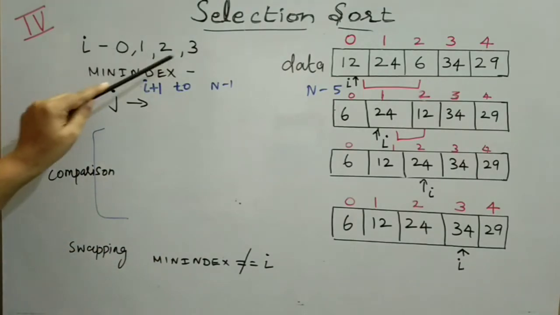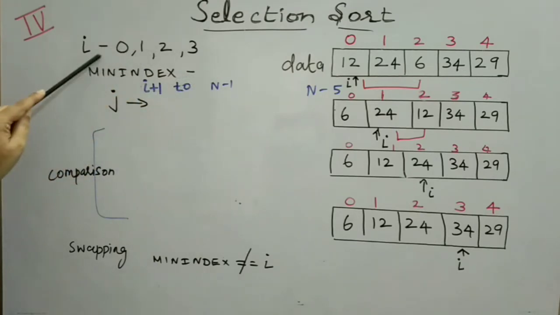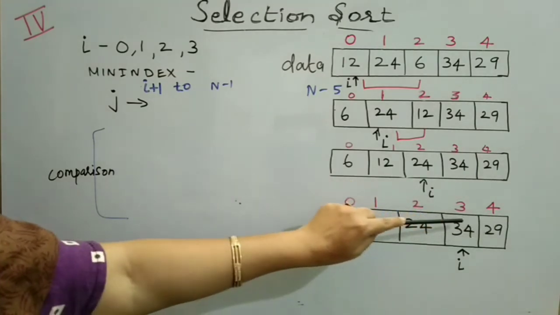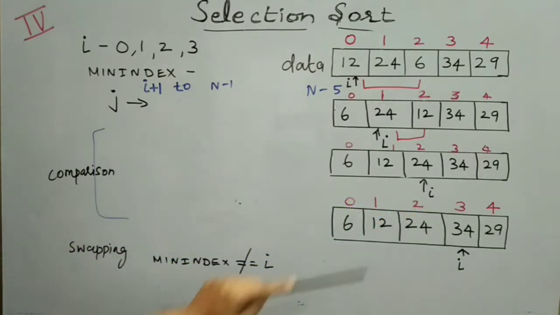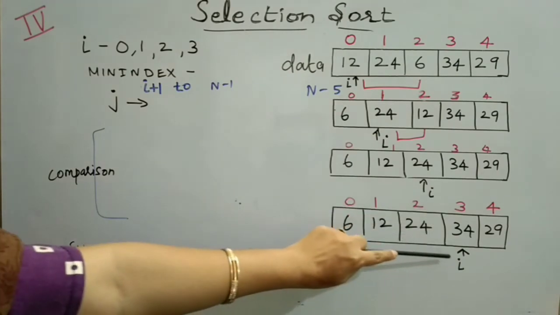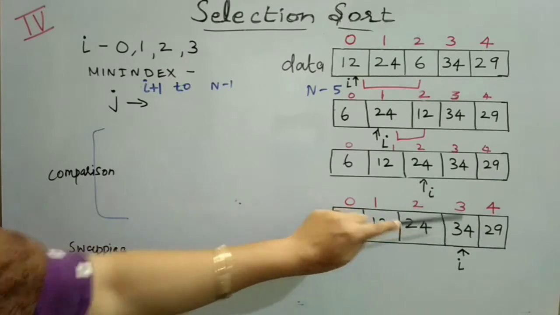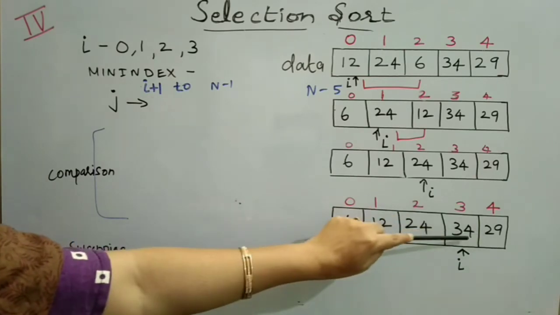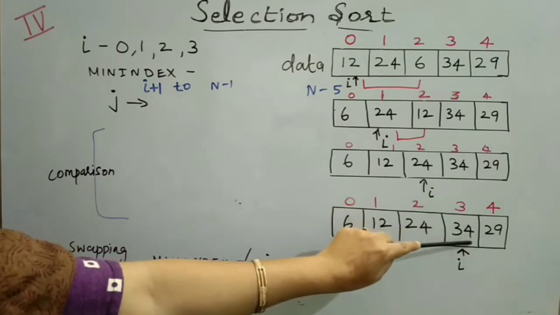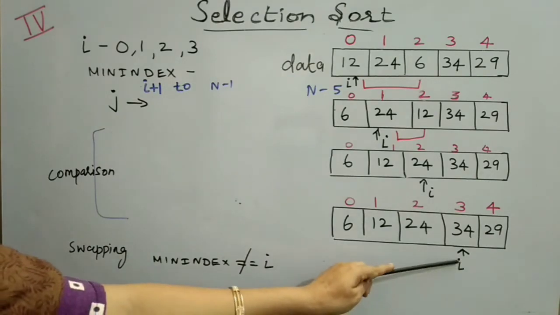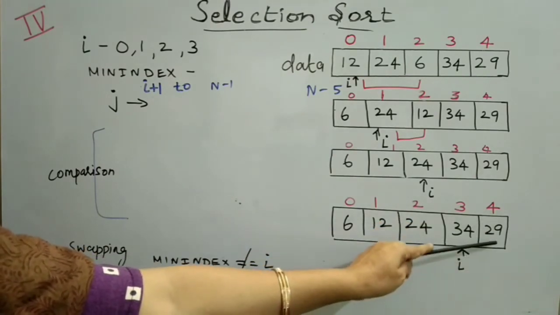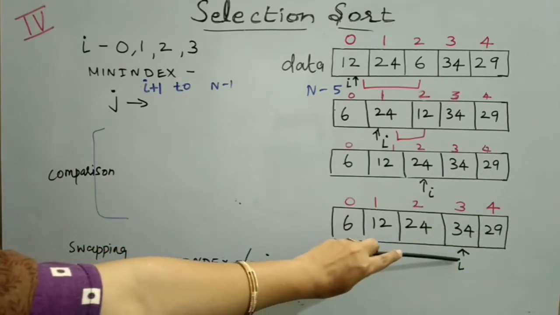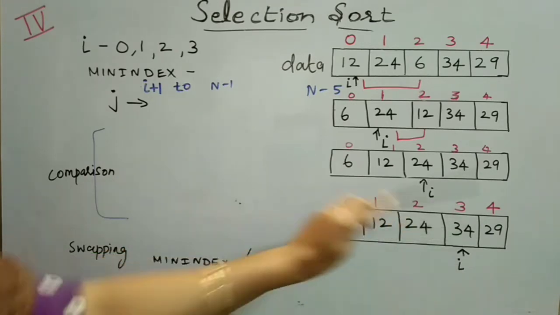How long do I need to continue? Until I is equal to n minus 2, that is, up to the last but one element. Why do I need to update I only up to the last but one element? Since when we move to the comparison procedure, if I is pointing to the last but one element, for the comparison I will have one subsequent element. If I is advanced to point to the last element, subsequently I don't have any element for the comparison, so I is changed only up to the last but one element.